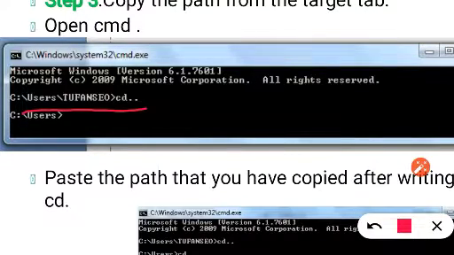So what we have done, we have written cd dot dot. This is the change directory. We pressed enter, and the moment we press enter, we get out of that folder, and then we are just having C:/users.